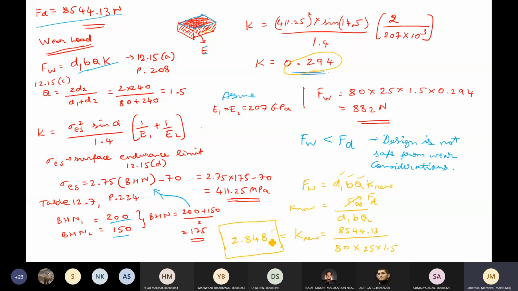Okay. So from here, if you want to, you can do a reverse calculation. For example, you know what is K. So left hand side you can put here 2.848, and you can keep this value as it is, that is sigma ES square in this equation, and reverse calculate and get a new value of BHN for this. Okay. Anyway, we are not going to do it in this particular problem. Some other problem we'll discuss that. But the conclusion is very important. Let us discuss that conclusion and write a proper conclusion.